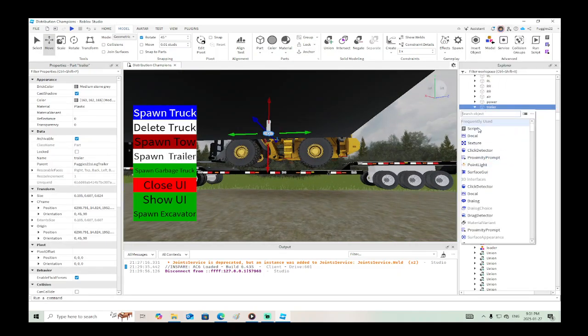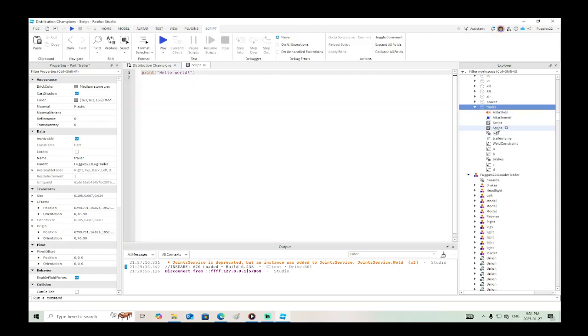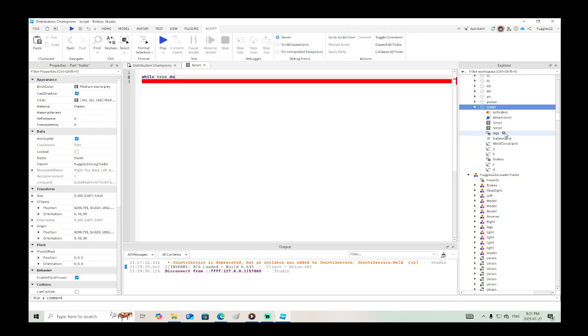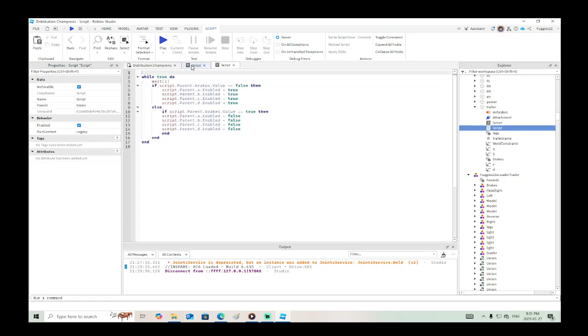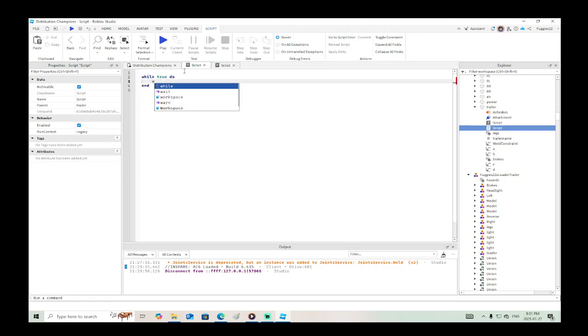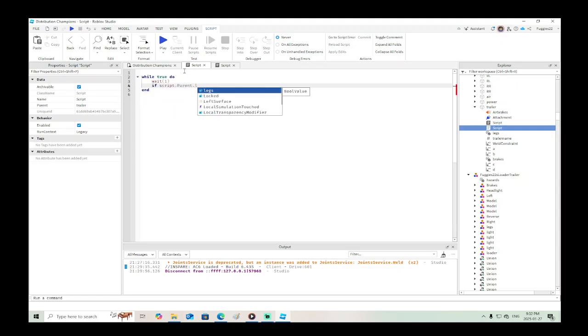So let's go insert object script, and we can say while true do. I think that's how that other one went, right? Yeah, and then we tell it to wait. And we say if script.Parent.legs.Value equals true, then